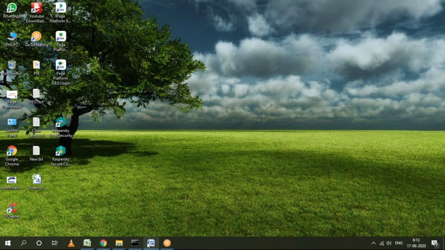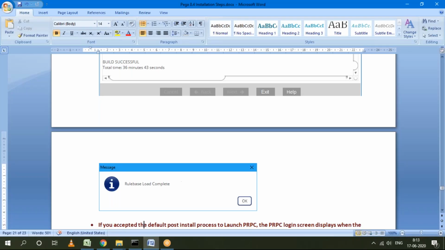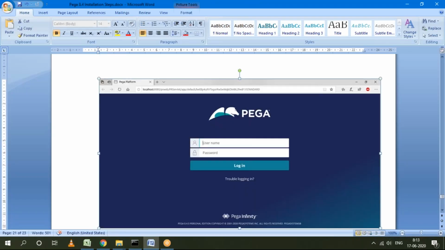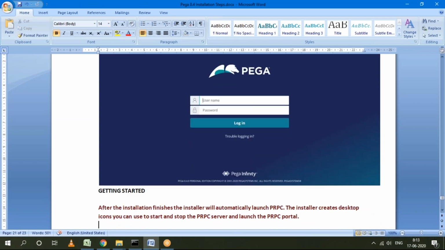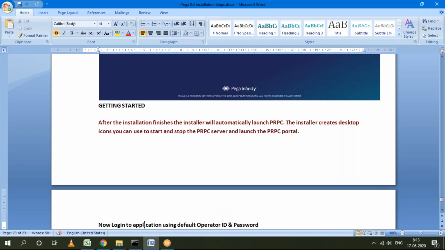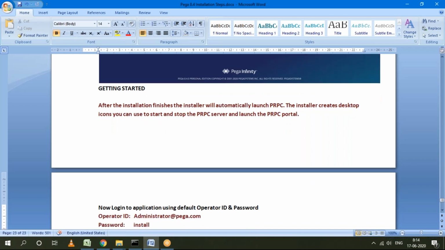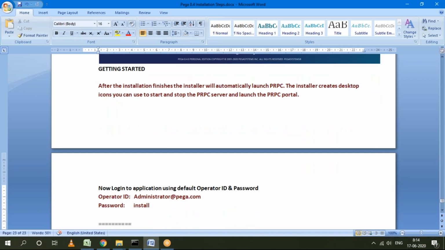Okay, so this is the installation process. Up to here, don't worry. In real time, you will not do this. This is only for the home edition. In real time, the installation process will be mostly similar, but you are not going to do it. There will be a separate lead team, and they are going to take care of all these things.